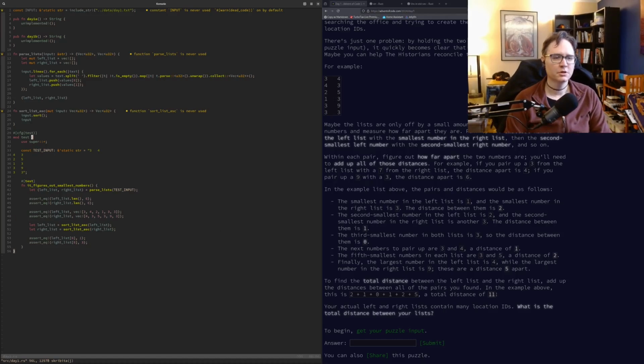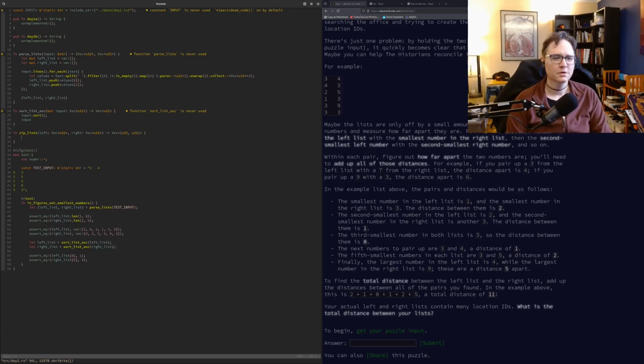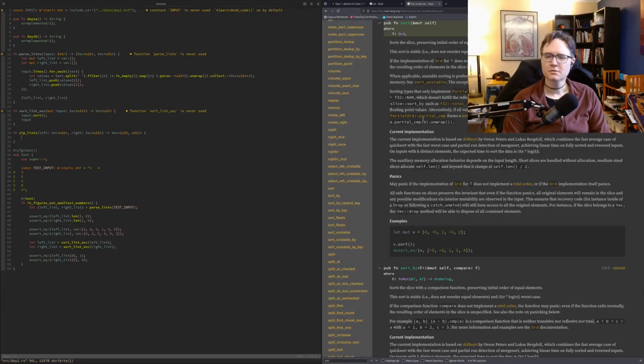So I'm going to write a function to pair the lists. Or really, this is zipping the lists. Left is a Vec<u32>. I'm going to consume both of them again. I'm going to return, let's see, is there a zip function?